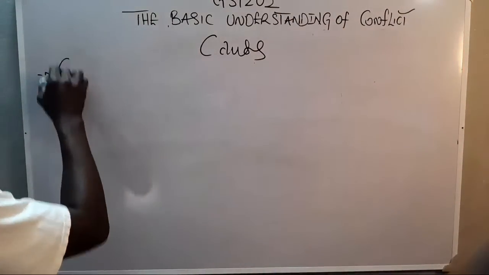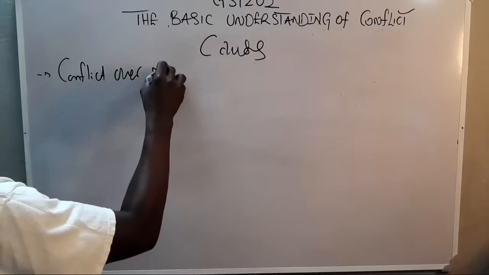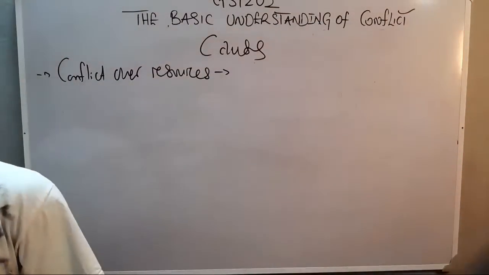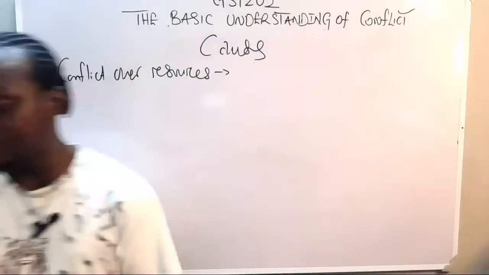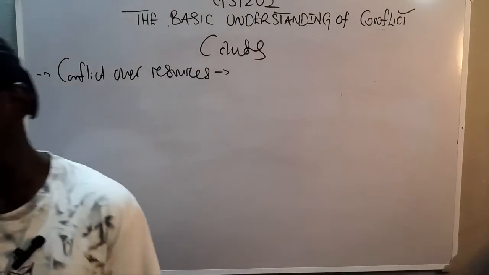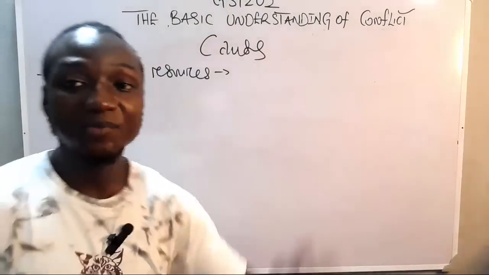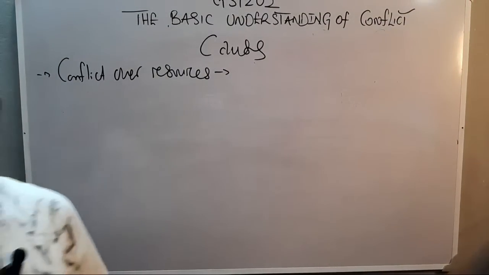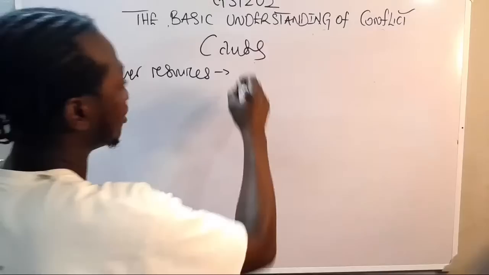So there can be conflict over resources. This is self-explanatory, potentially easy to resolve. The conflict occurs when two or more people are competing for inadequate resources. This is the likes of what we have in Niger Delta. People are not happy that government is making a lot of money from the oil coming from their land, and they are getting nothing. This is one conflict over competing for inadequate resources.